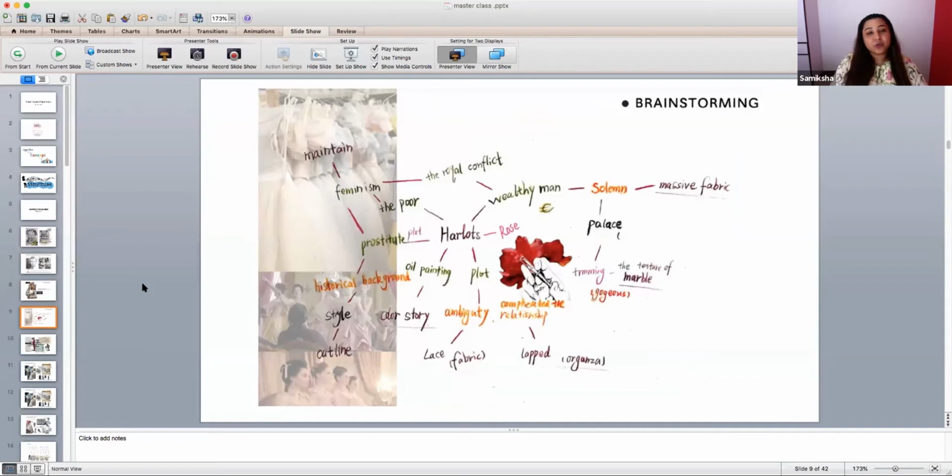Whatever you are doing, it is very important that you show it in your open house when you're giving a presentation. It is very important to show the details you went into for your end achievement. So the student also placed their brainstorming ideas, and whatever words were coming. There's a lot of fabric and organza. A lot of things that came to their mind, they brainstormed and put in their layout.